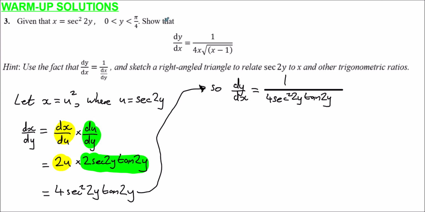So if x is sec squared of 2y, what this means is that it's 1 over cos squared of 2y. So therefore, cos squared 2y is going to be simply 1 over x. And so therefore the cosine of 2y,